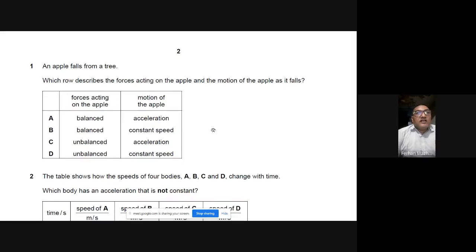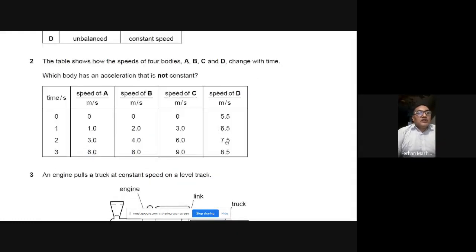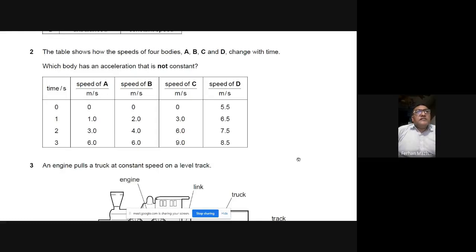On your screen, we have question number two. The table shows how the speed of four bodies A, B, C, and D change with time. Which body has an acceleration that is not constant? You can see in the first column, the time intervals are given. Each time interval is of equal length. And in the second, third, fourth and fifth columns, we have body A, body B, body C, body D, and their respective speeds are given. And the question is, which one is not moving